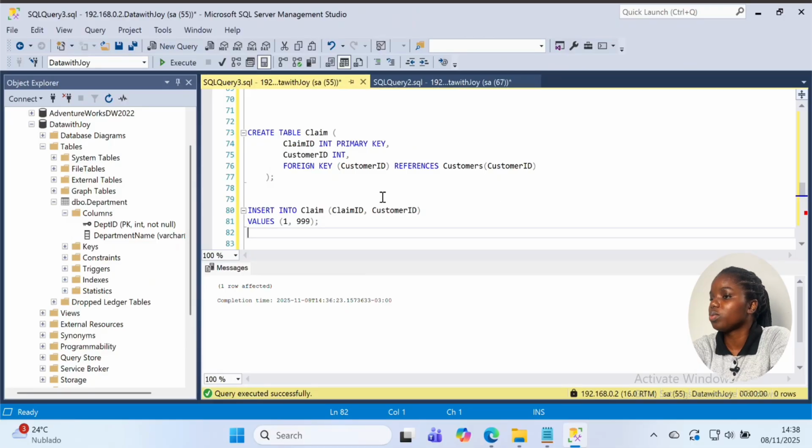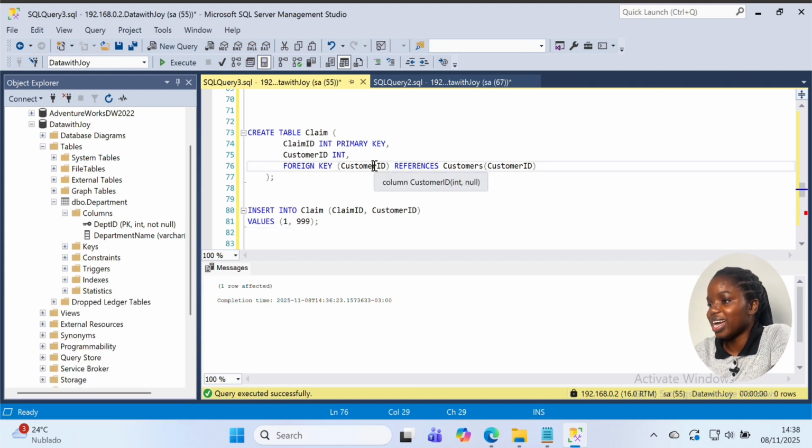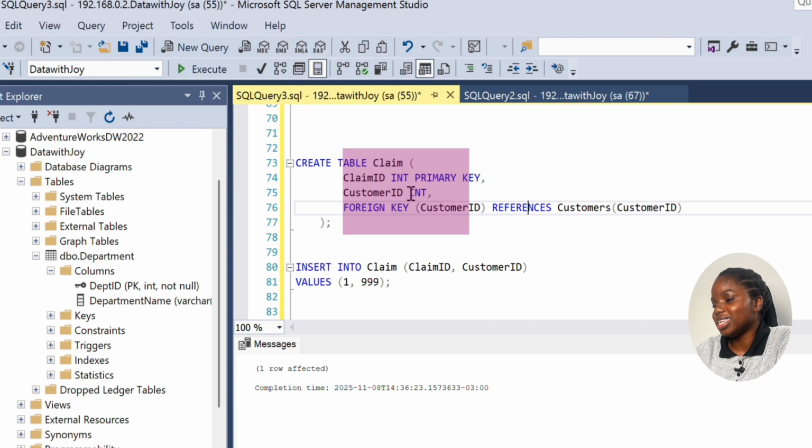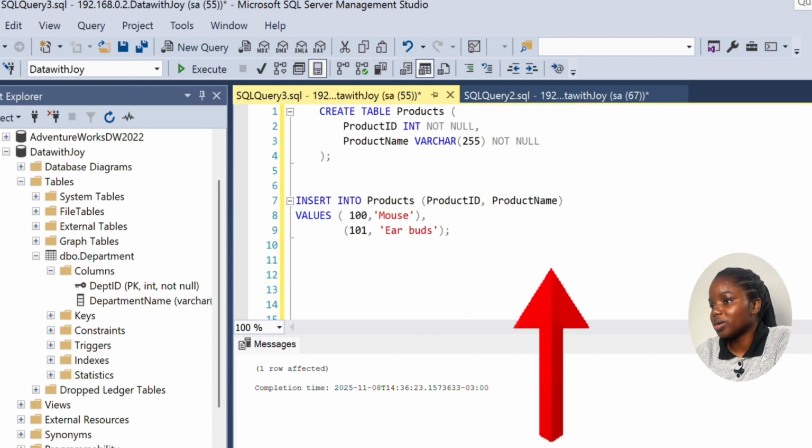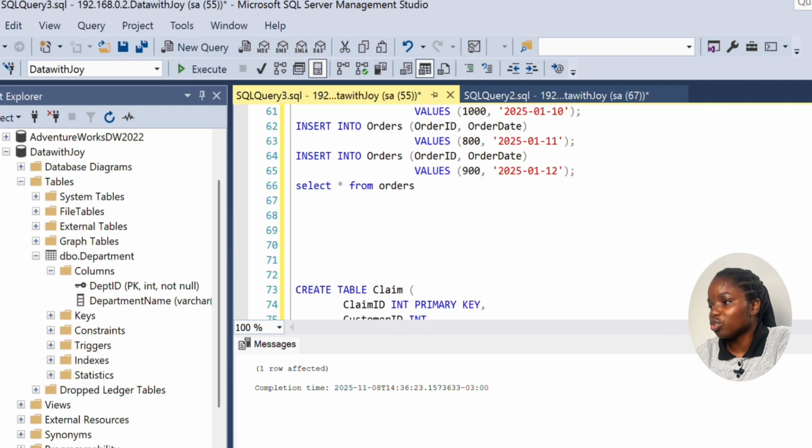So I have my table definition here. I have defined customer ID as foreign key, and I put a reference that it should be referencing customers. So we already created our claim table before when we were talking about one other constraint. Now I want my customer ID. I put a customer ID on claim. So I created customer table. I don't know if you remember, where is our customer table? We have our customer table here, which is a unique key. Now I put a constraint on